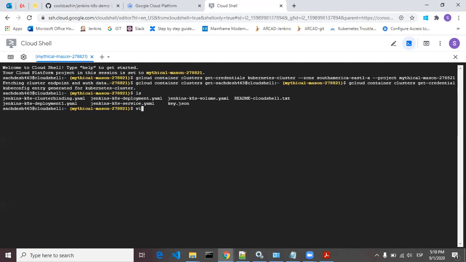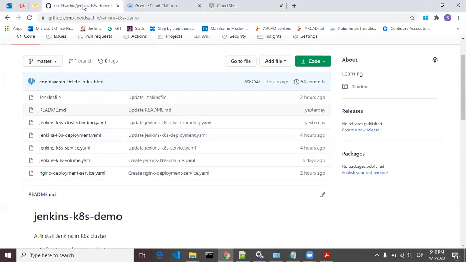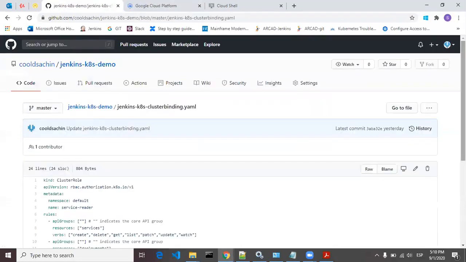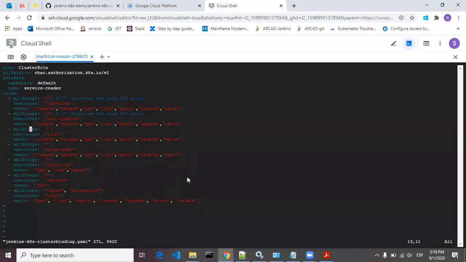I just used the vi command. You just have to do vi and the name of the YAML, and copy the content of the YAML from here. So you have to copy from here and place it here.